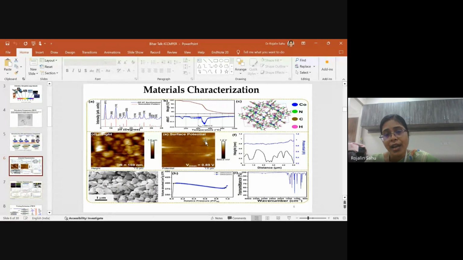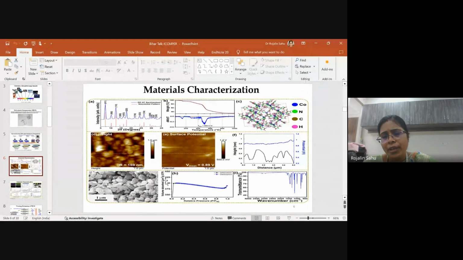To measure that, we have used the KPFM probe, which is attached to the AFM, and it is available in our central research facility, and our material is positively charged, and the voltage is around 1 volt. Similarly, we have measured the surface morphology of our material by using FESEM and TEM. In both cases, it has a dodecahedron shape, and we have measured the surface area, because surface area is very